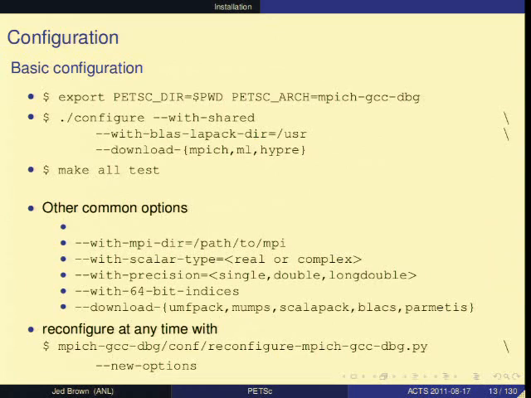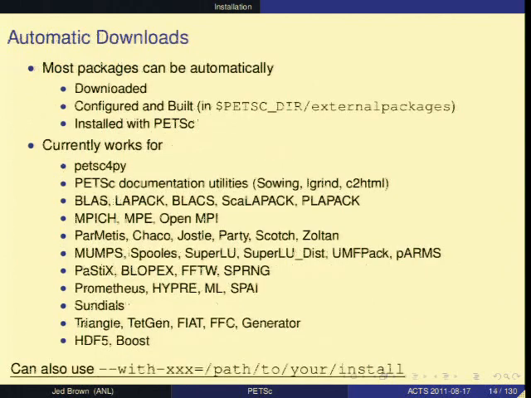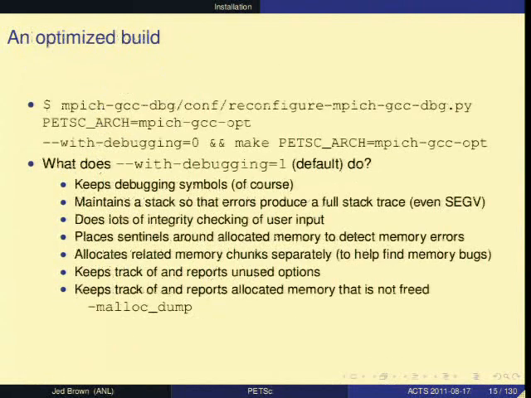So you can configure with different scalar types and different index lengths and such. So if you solve problems with more than 2 billion degrees of freedom, you may need 64-bit indices, things like this. These options, say complex versus real or double precision, single precision, and such, are configure time options. So it's not a template library. You have to do that at configure time. So lots of packages we can download automatically, but you can always use your version, which is important if you're using it with a different project.